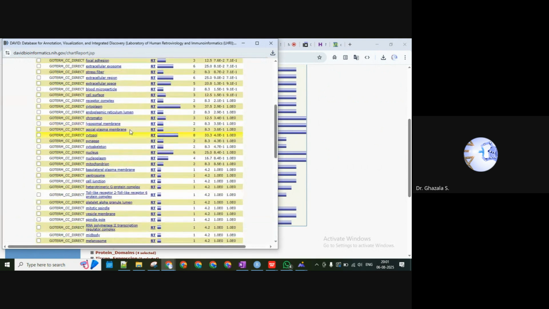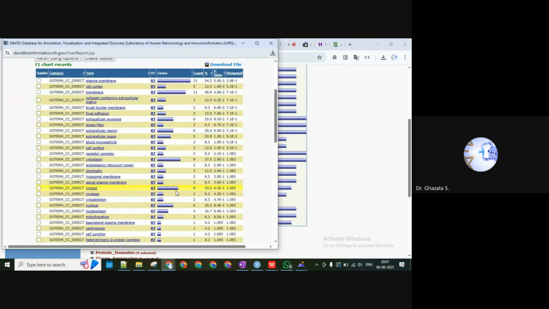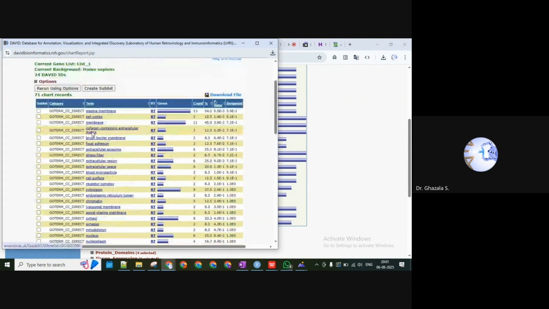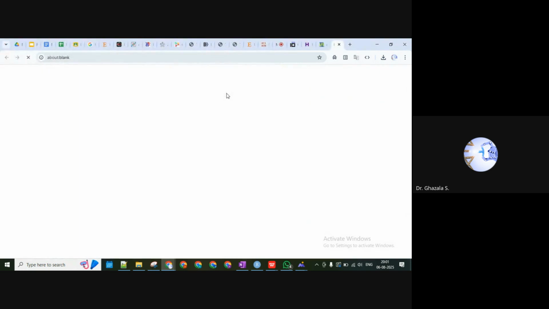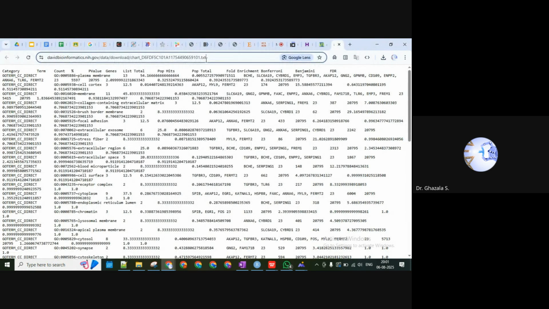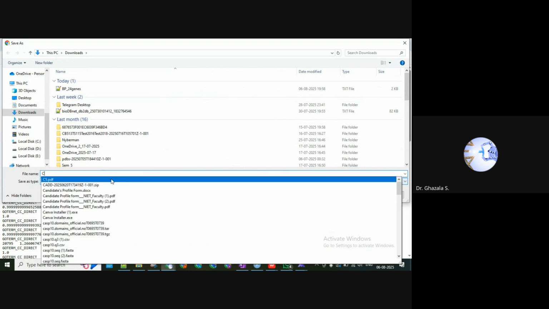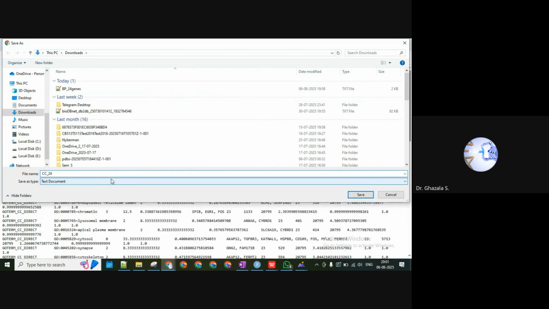But depending on our requirement and how many genes are involved, in cytosol you can see we have 8 genes involved, so a kind of considerable cellular component that we can get here, right? So that's why accordingly we modify the options if required, and we will download the file. We have the text file you can see on the bar, so you can directly press Ctrl+S and it will save. So cellular component for 24 genes. And later you can open these tables in Excel to see the data in tabular format.